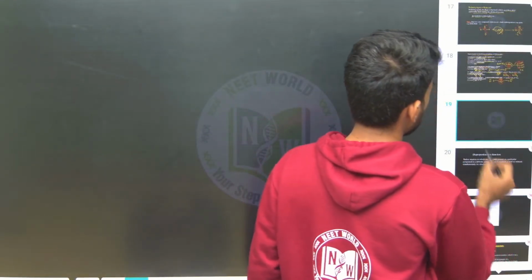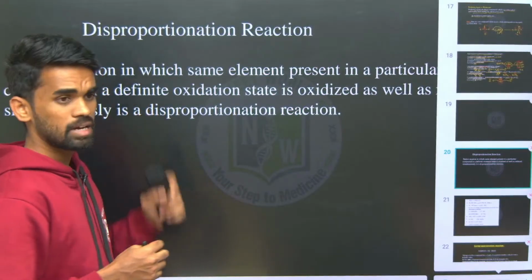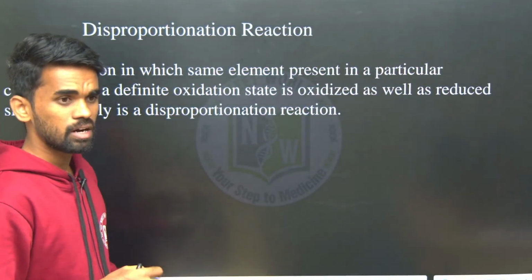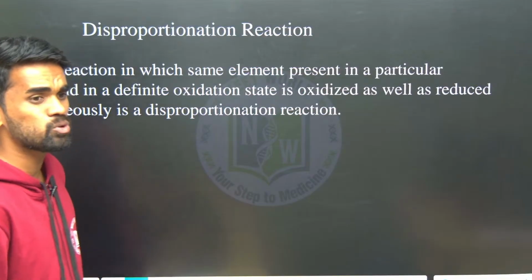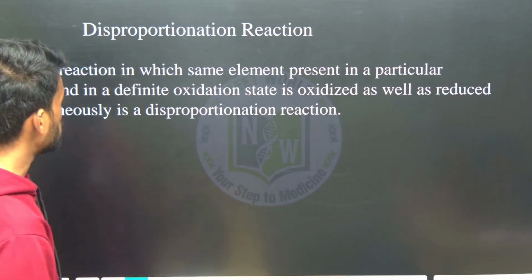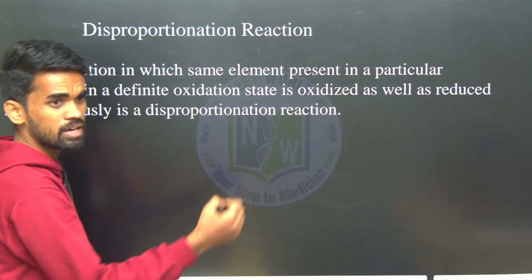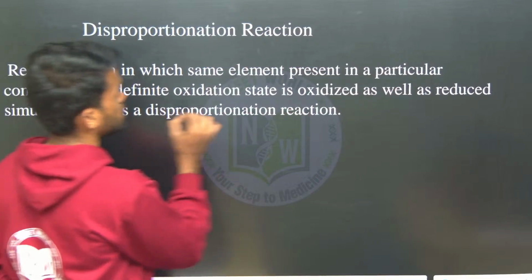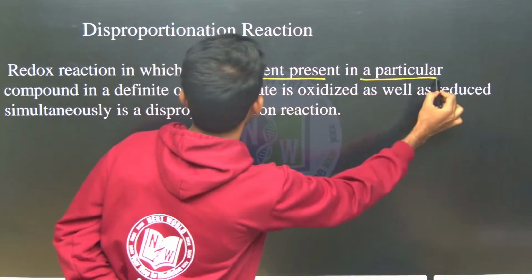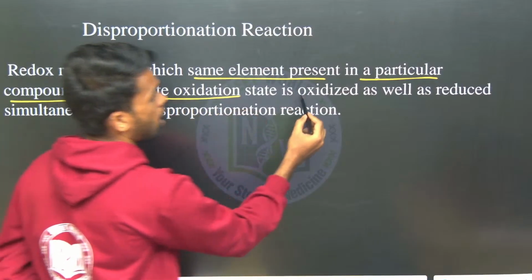There are some types of redox reactions here. One important one is the disproportionation reaction. Disproportionation reaction means the same element undergoing two different oxidations, so the same element simultaneously undergoing oxidation as well as reduction. In redox reactions, the same element present in a particular compound in a definite oxidation state is oxidized